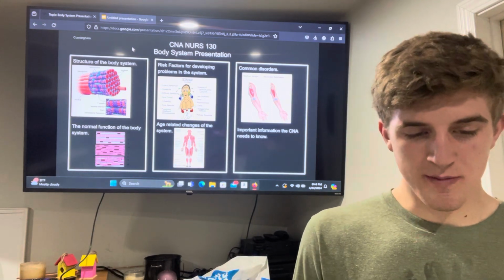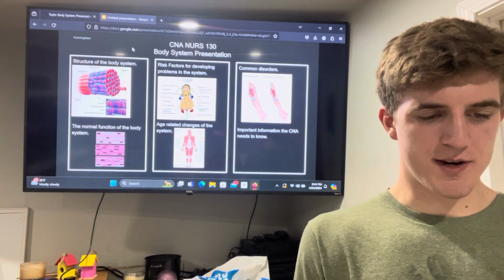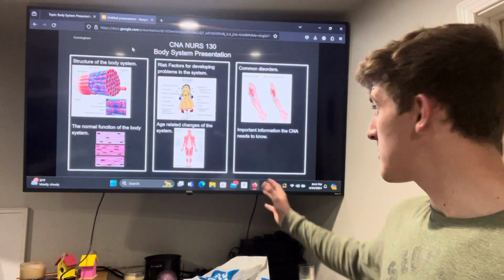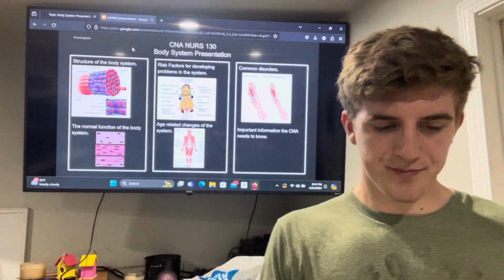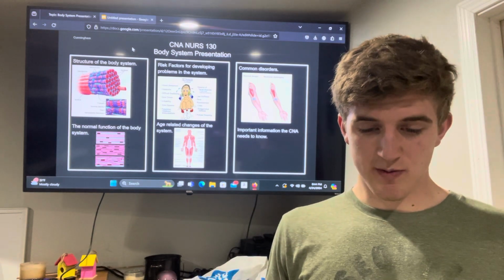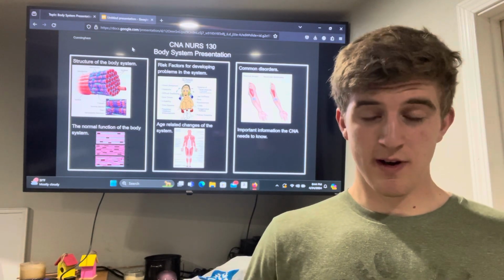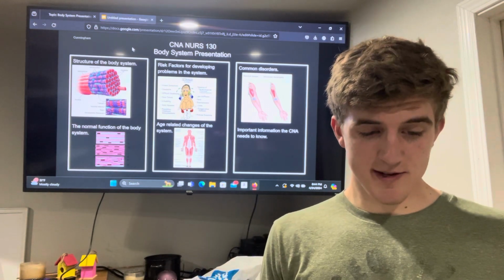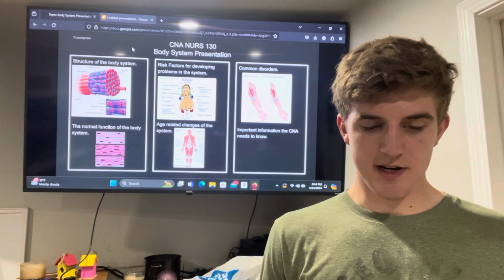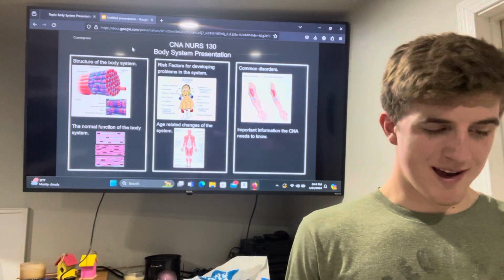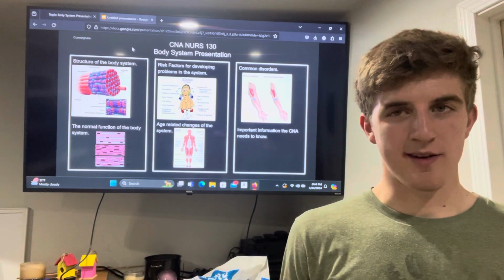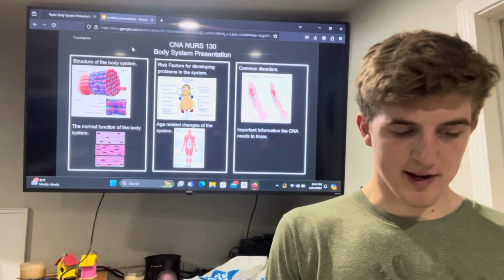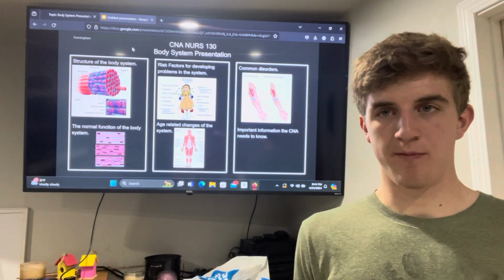And finally, some important information needed for a nursing assistant to know and care for a person with disorders of this system. Considerations for patients with musculoskeletal conditions include their specific diagnosis, pain levels, physical limitations, medical history, lifestyle, and potential impact on daily activities. All of which can greatly impact how you are to care for the patient or go about treating them.